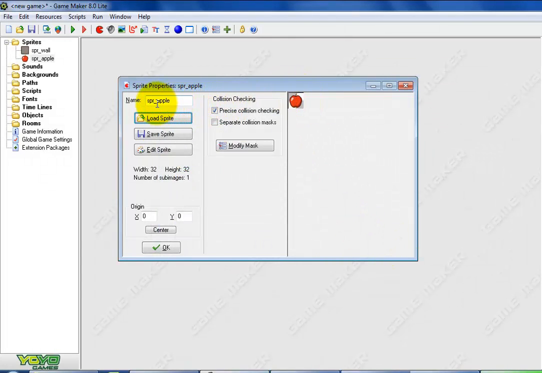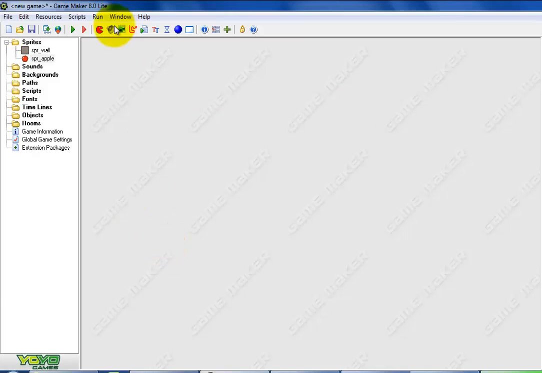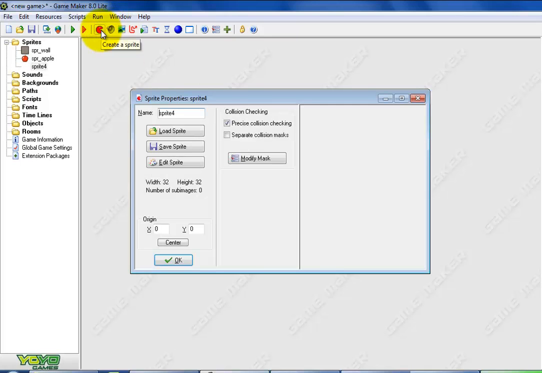Open it up, and you can see now the apple is attached to the sprite underscore apple that I've created, and click OK. Now what you need to do now is bring in all of the other sprites in that folder, giving them appropriate names, and then come back to the next video in this